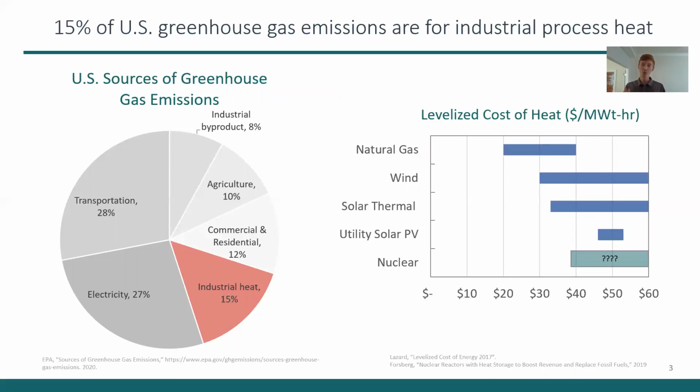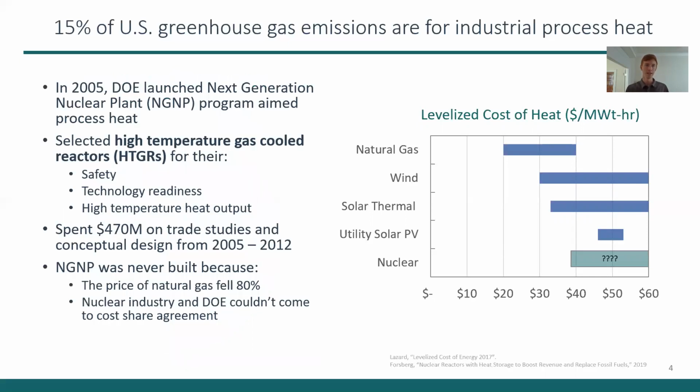And there's a fourth carbon-free option here, nuclear, but it's really uncertain where it fits and if it can play a role in this market. In fact, in 2005, the Department of Energy launched a program called the Next Generation Nuclear Plant program, and it was really aimed to design and build nuclear reactors to meet the process heat demand in the name of decarbonization. The program selected the high temperature gas cooled reactor, or HTGR, as their technology,